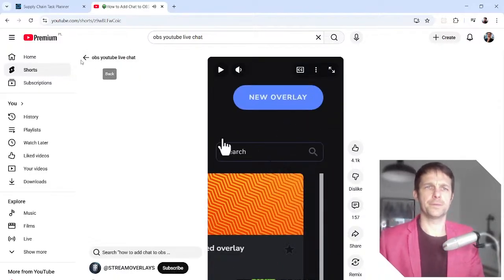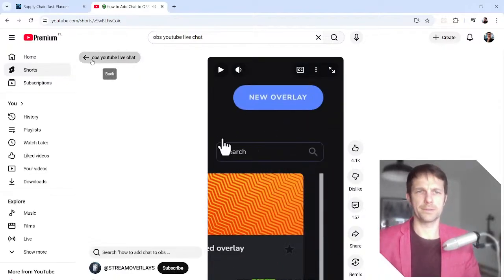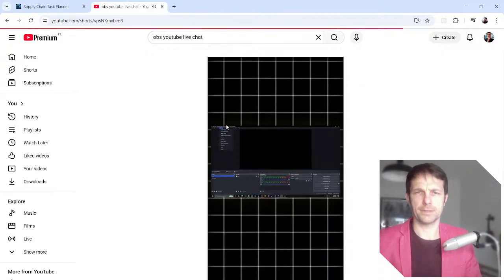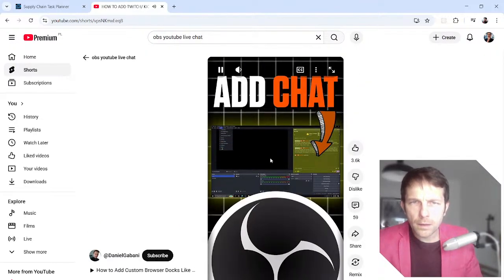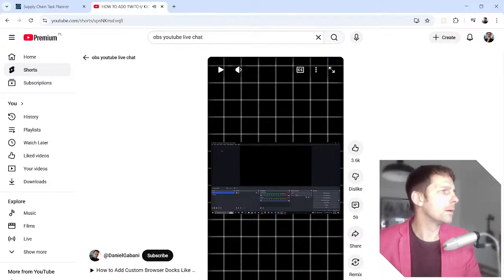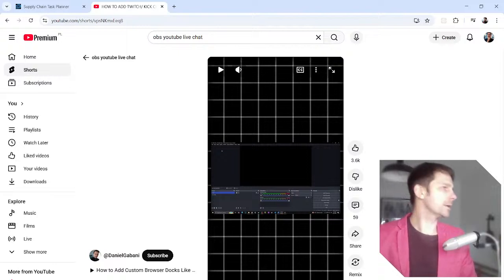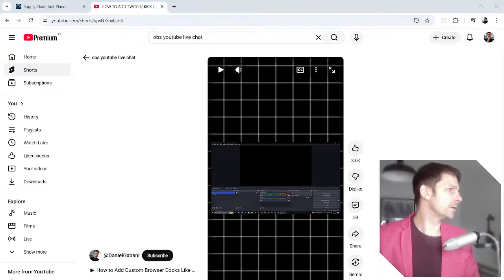No, this is not it. I wanted it in OBS. Add chat. Yes, add chat. Docs, chat. Yay! Here we are. Okay, so maybe I can... Live control panel. Yeah, okay.